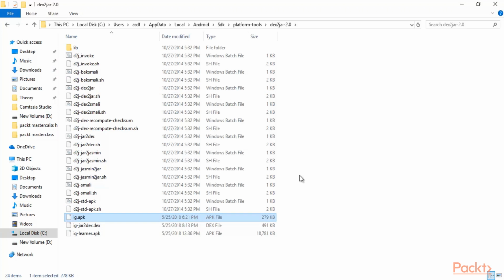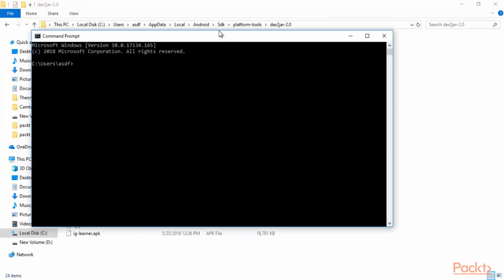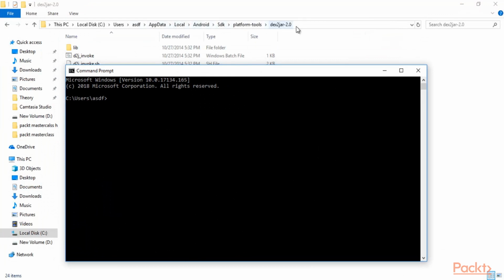Now we need to open this path using command prompt, and then I will show you how you can convert this iglearner.apk app into jar file. So let me open the command prompt here. Go to this path.